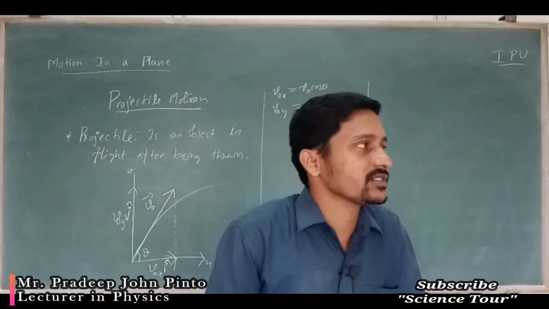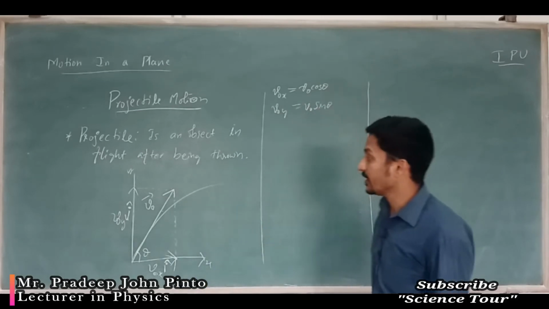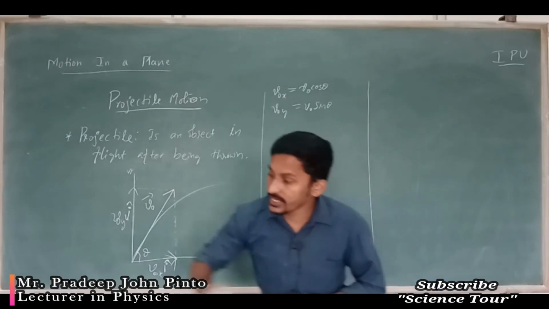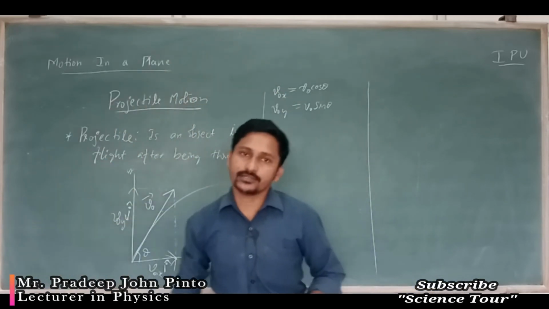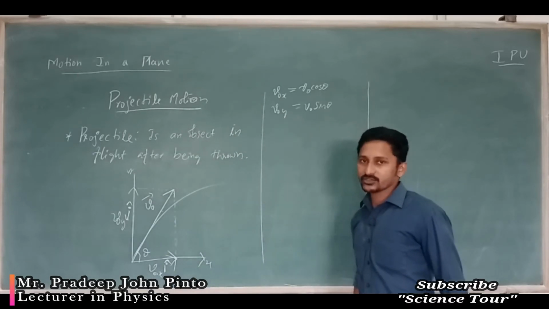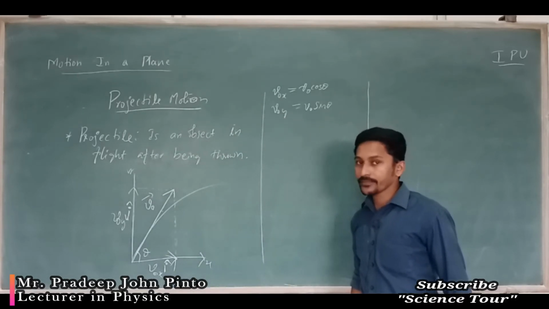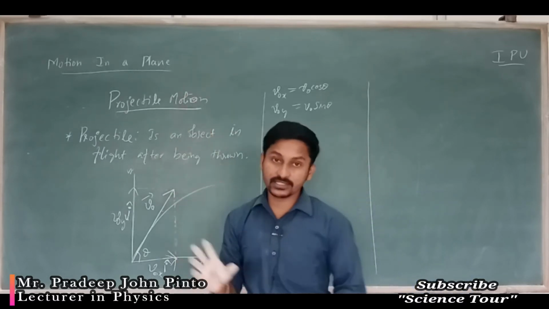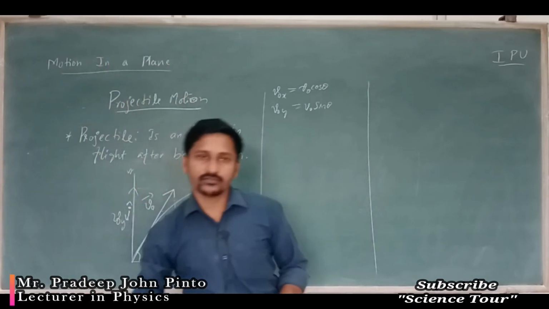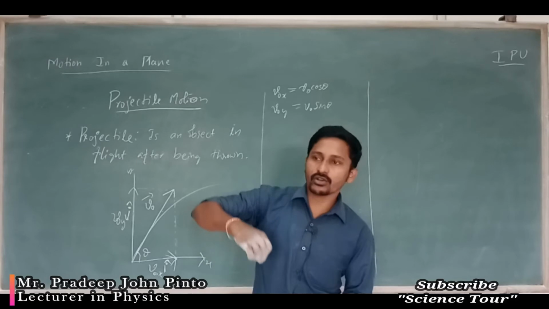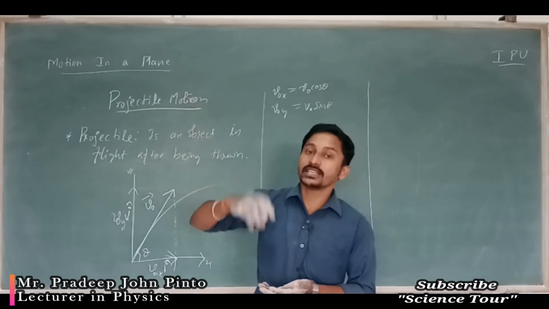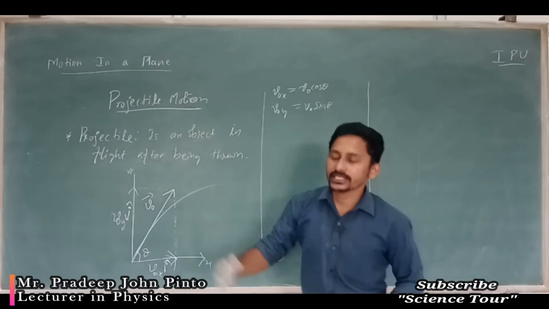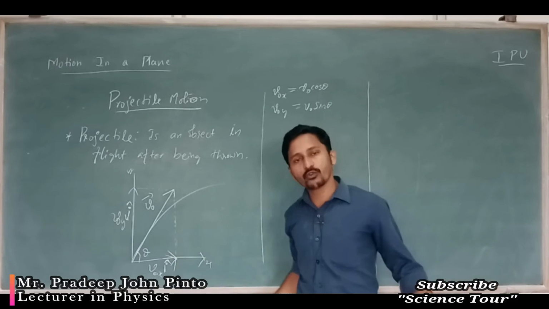But here, what happens in gravity? An object we throw in gravity, if I throw it upward, it will move in the x-axis also, and it will move in the y-axis also. So in the y-axis, who is going to stop it? Gravity will go and pull it down. There is a gravitational force to stop the y direction motion. But who is stopping the x direction motion? There is no force, nothing is there.